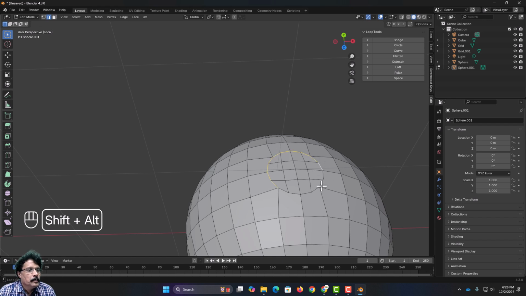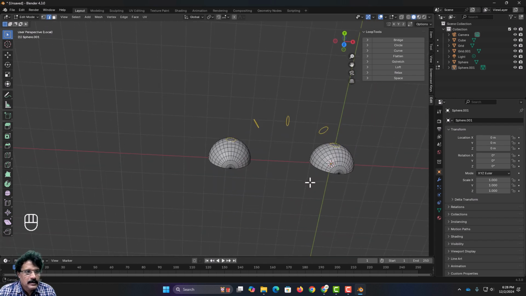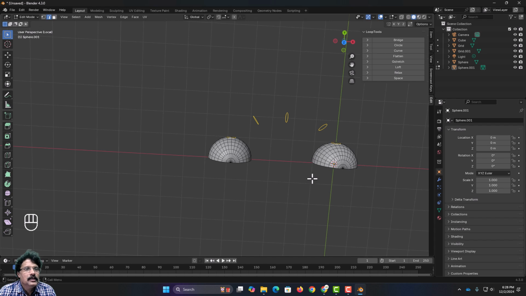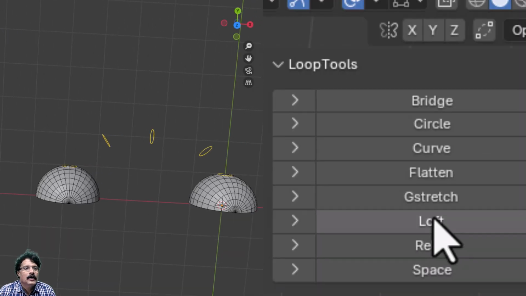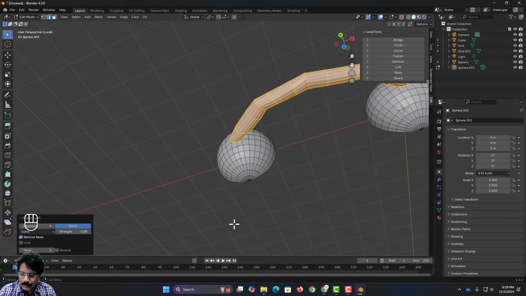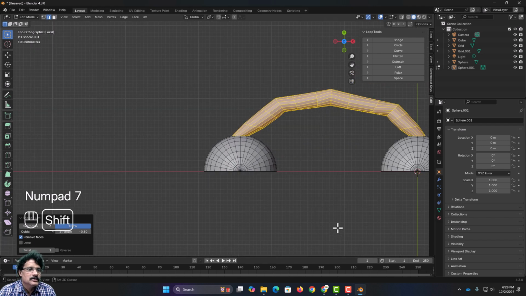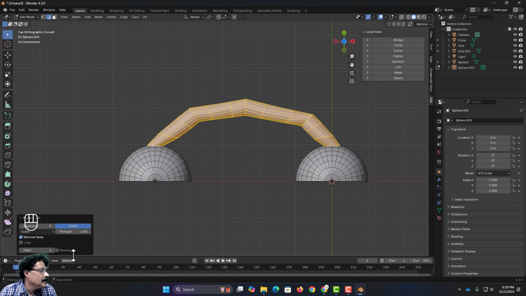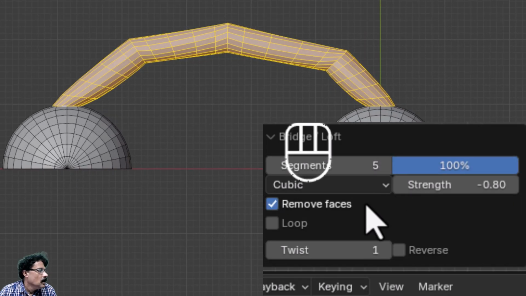So I am going to make a selection like this. So I have selected, sorry, not this one, this one. So I have made the selection like this, and after I make this selection, now I am going to use the option loft, and when I click on loft, you can now see that you have got a structure like this. So I have got the structure, and even here I can change the number of segments,